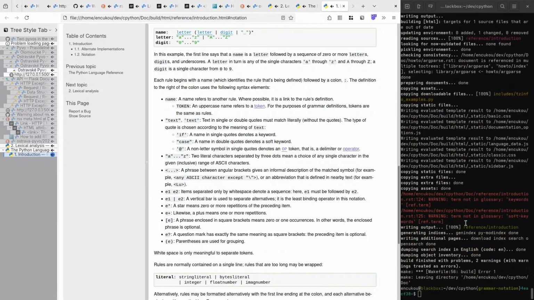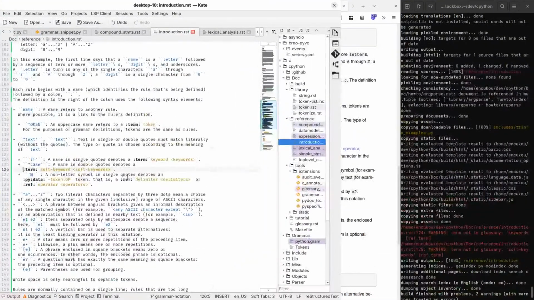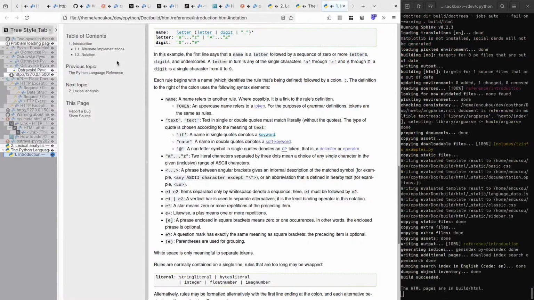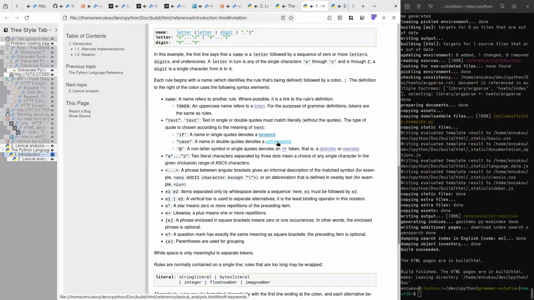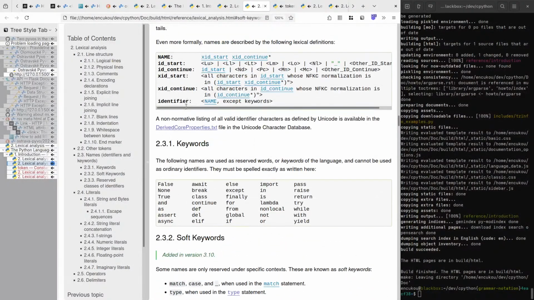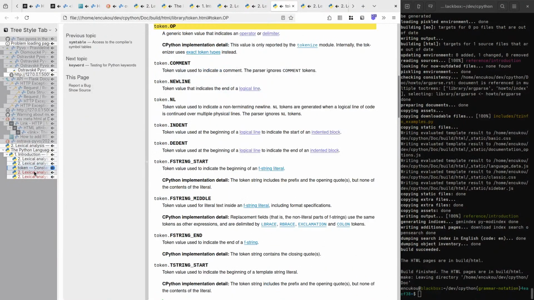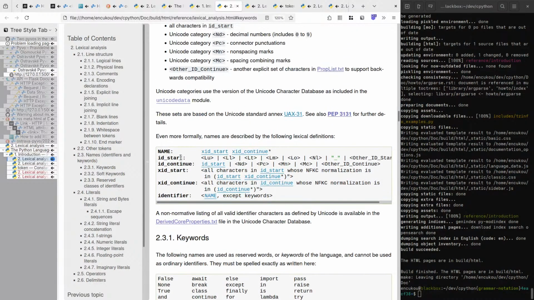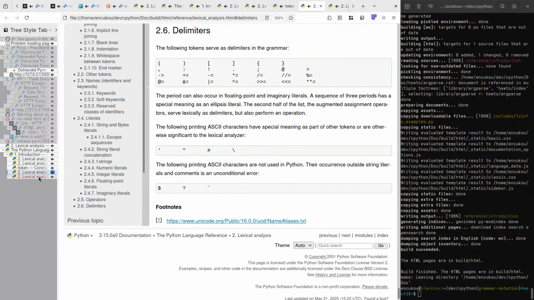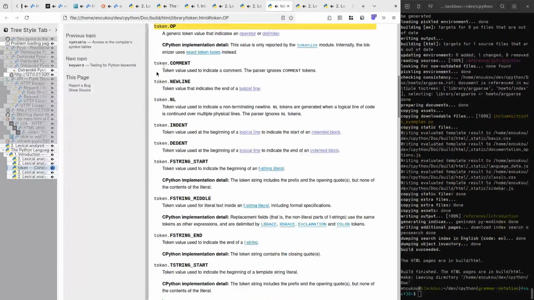Oh, did I change them to term? No, they're Fs. Alright. So keyword, soft keyword, op token, delimiter, and operator. Keywords, op token, soft keywords, parameters, operators.